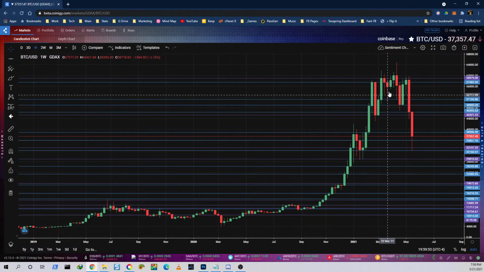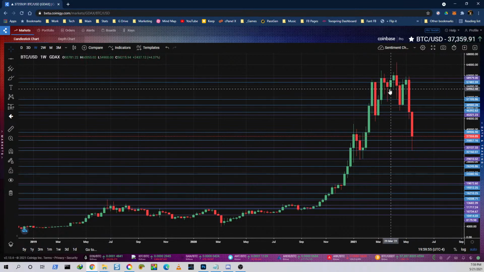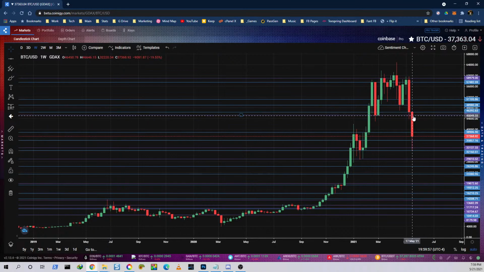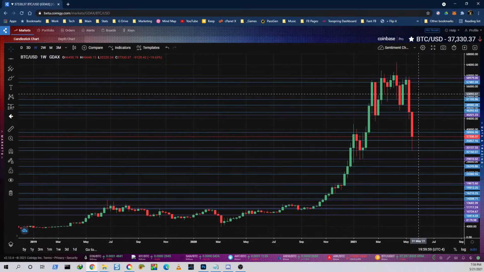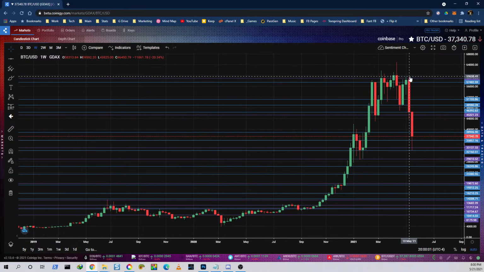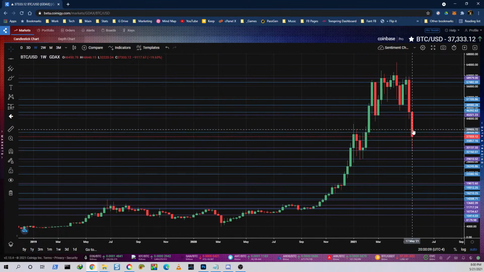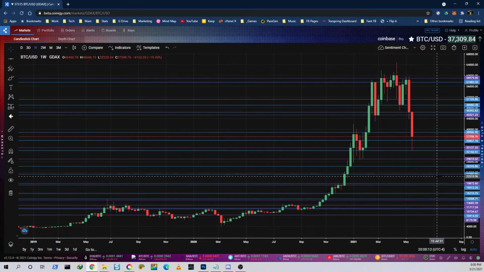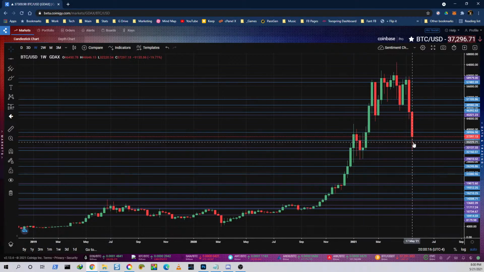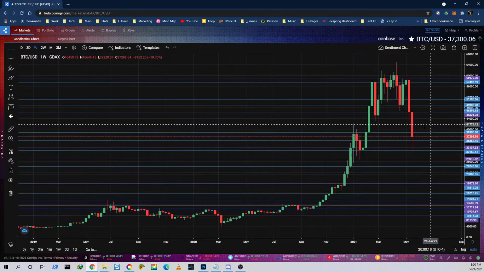How I can sit there and say, okay, I think we're good here, or where we're gonna be, because these monthly lines are important. We broke through. We didn't touch this. We rejected it. Then we broke through this monthly line. Then we broke through this one, but it bounced back up. But if we touch that one again, we might break further down. So I'm watching to see what happens next month.